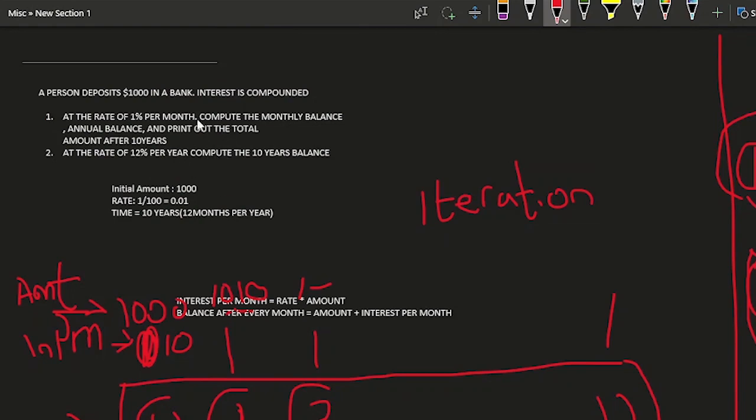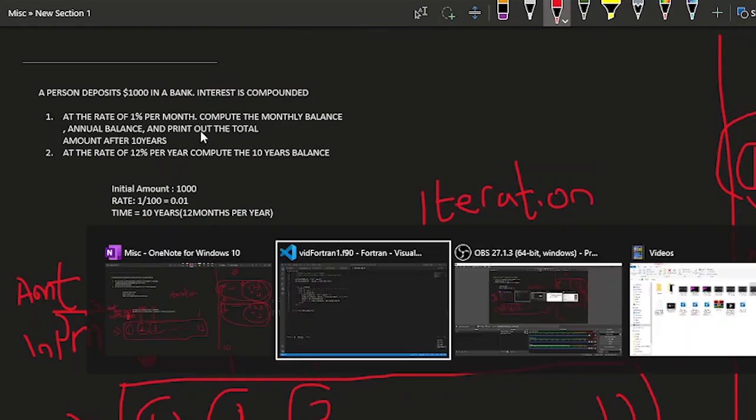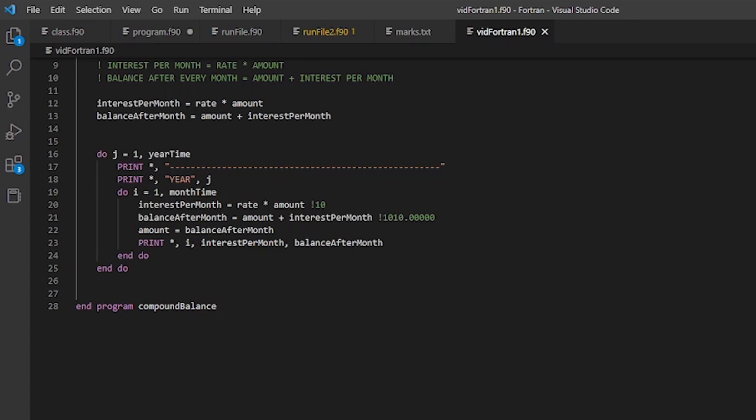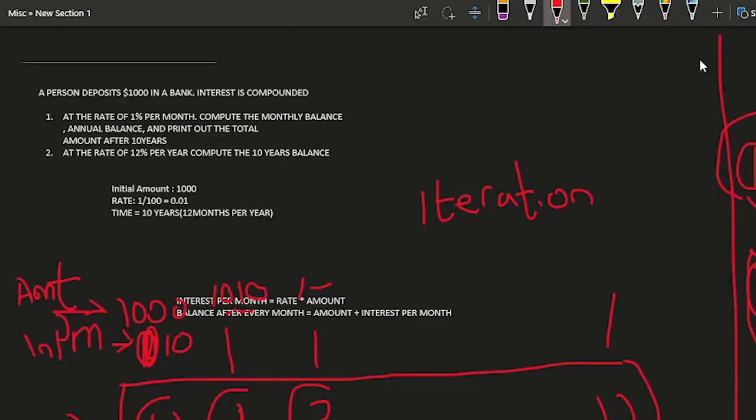Then the final question is we should print out the total amount after 10 years. The total amount after 10 years is going to be equal to the balance after the 12th month of the 10 years. Let me write down now the total amount after 10 years is going to be equal to the